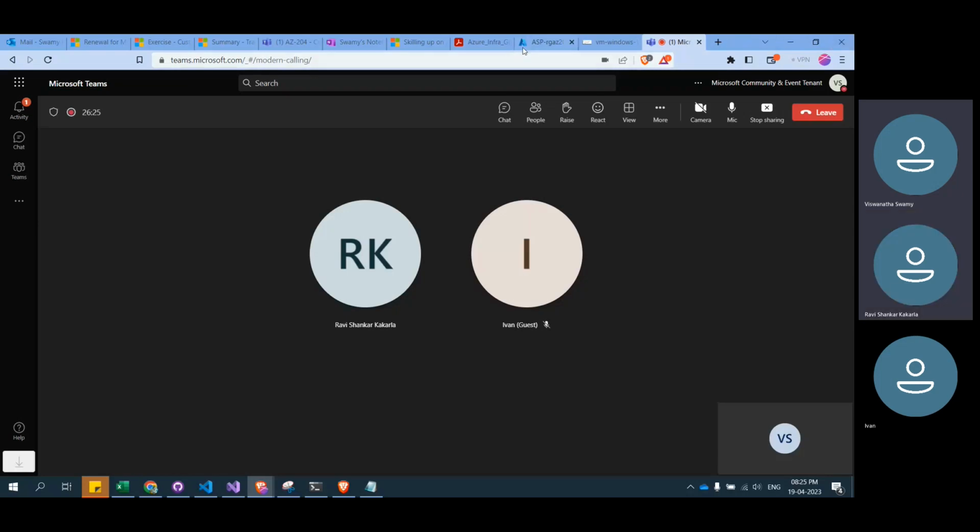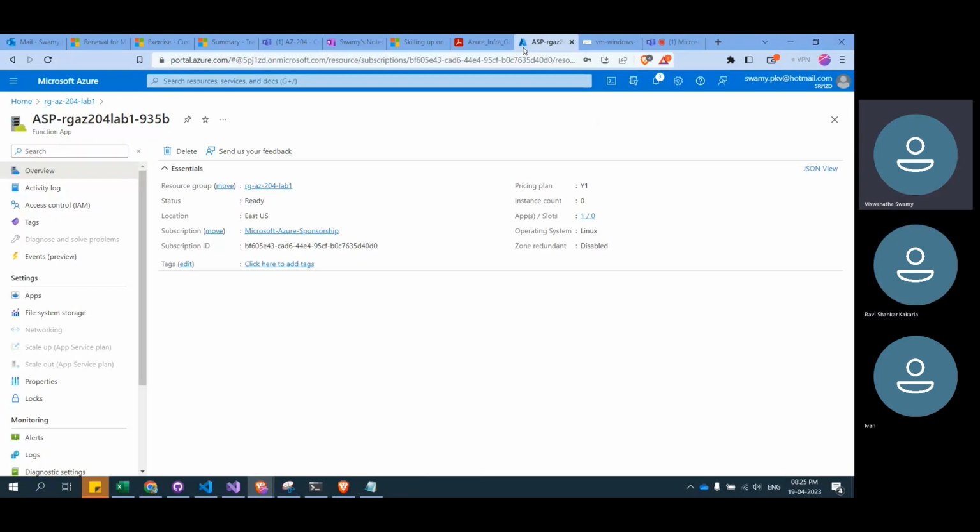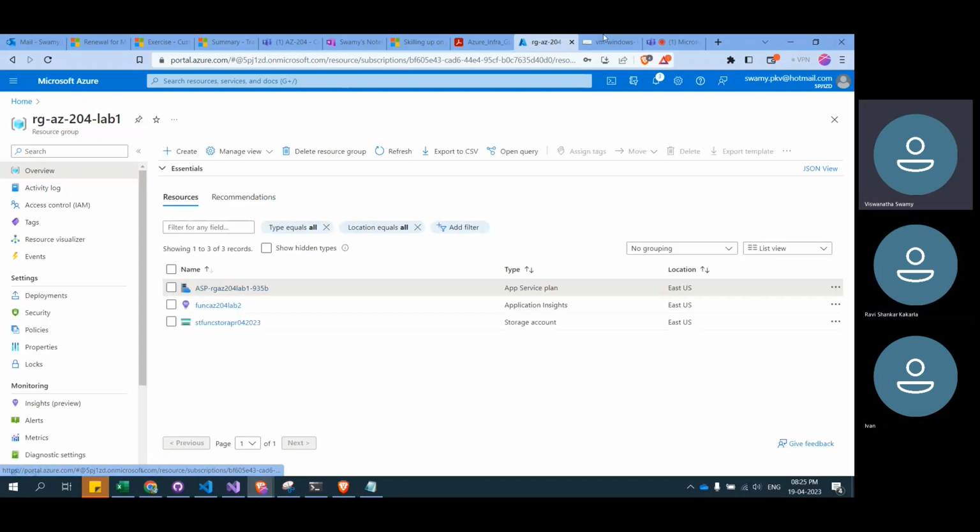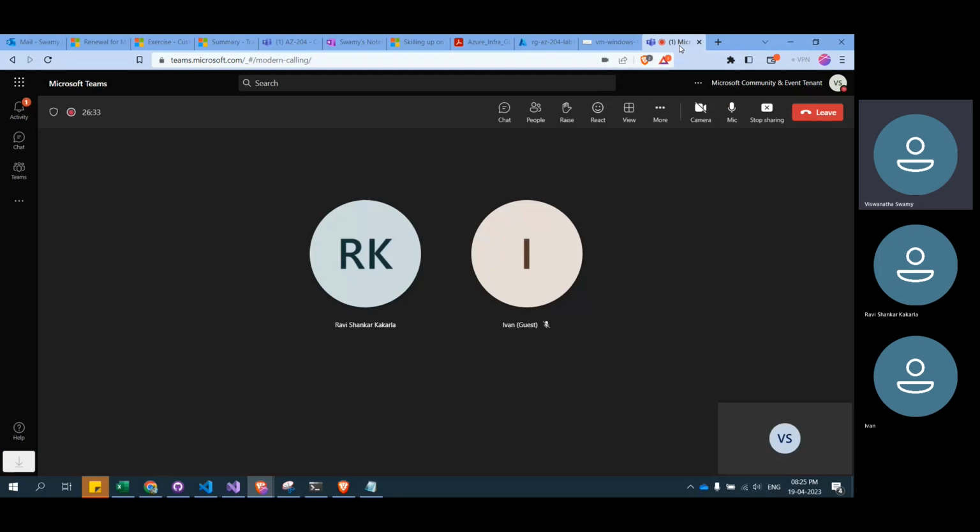So I always suggest keeping them separate, because we never know,